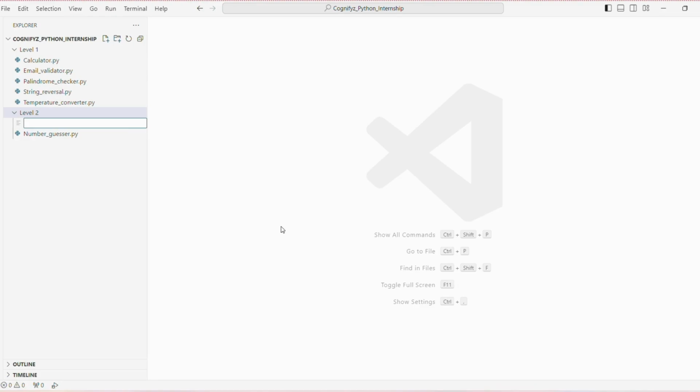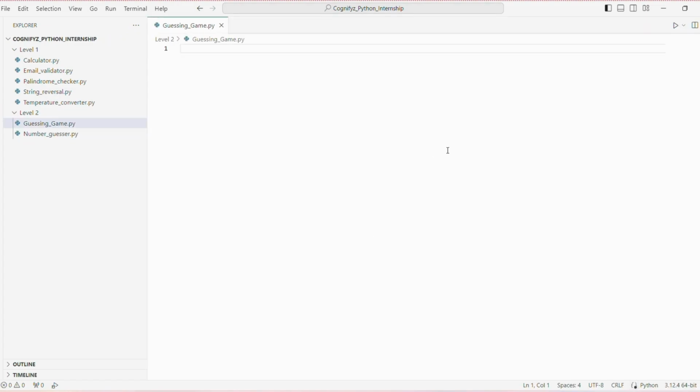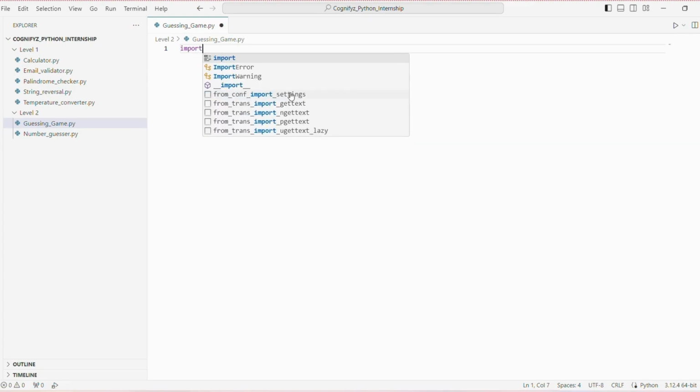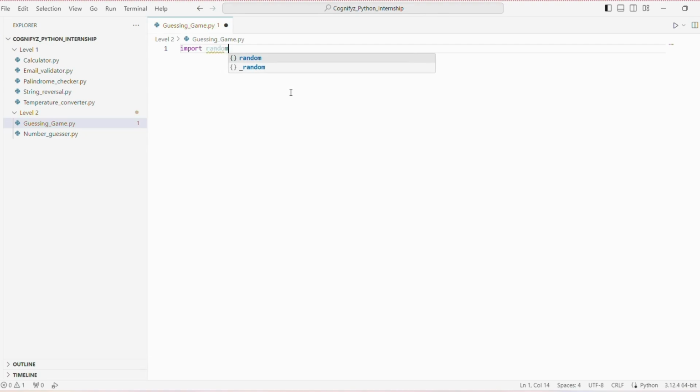First, let's just make a Python file. I'm giving it the name guessing_game. You can give it any name. Now we import the random module. This module provides functions to generate random numbers in Python, which we will use to generate the number that the